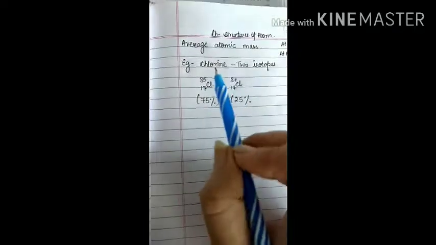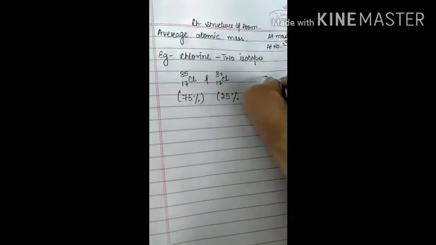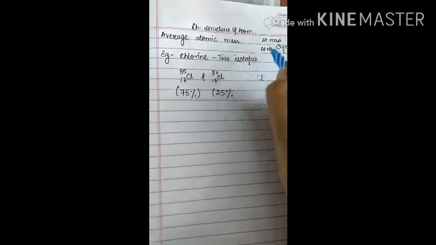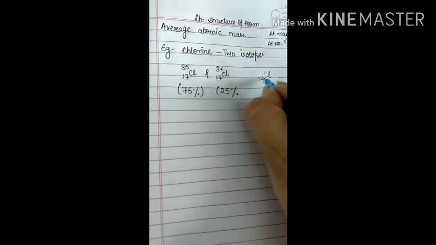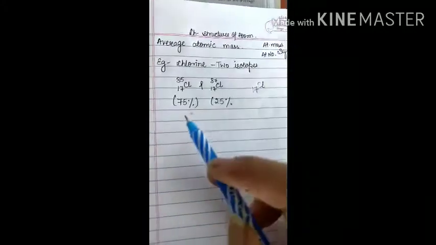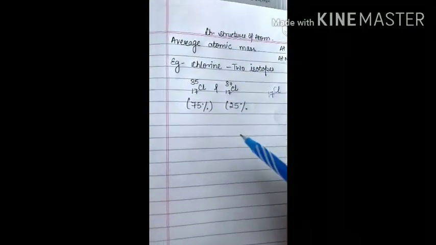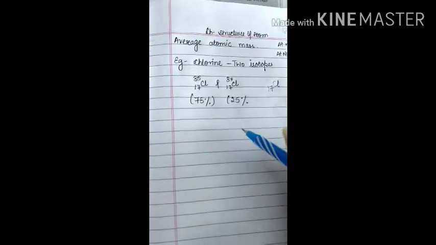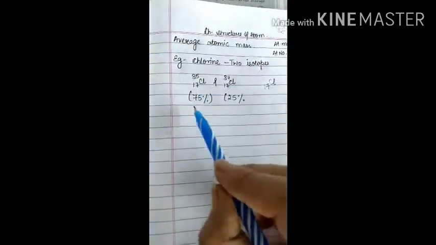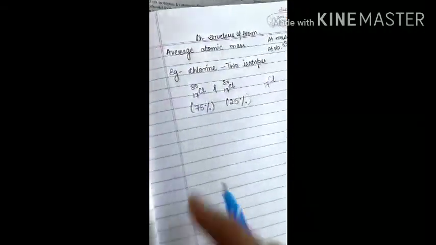Now when chlorine is written in the periodic table, the atomic number will be written downward, and in the upward portion we have to write the atomic mass. Which atomic mass will we write, 35 or 37? This is a question for all of us. So what scientists have done is take out the average of these with the help of the percentage in which they are present in nature. And how to take it out is very simple.